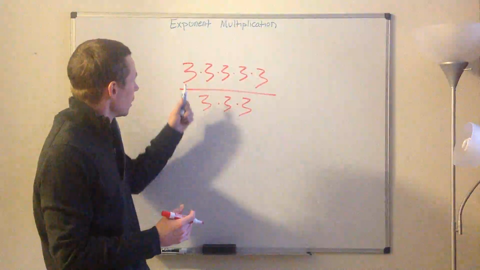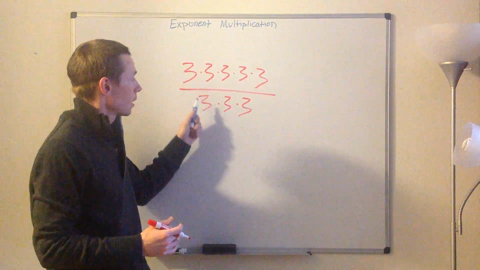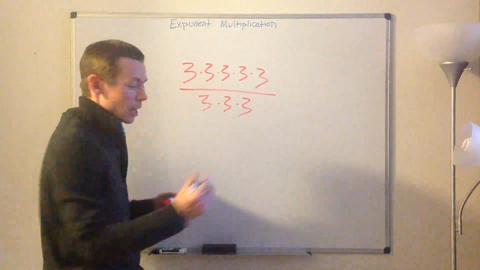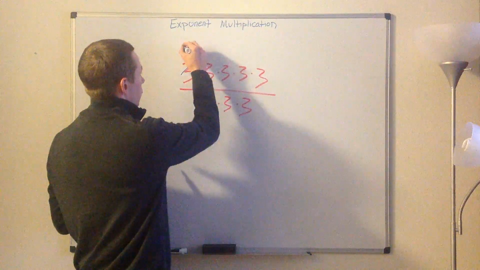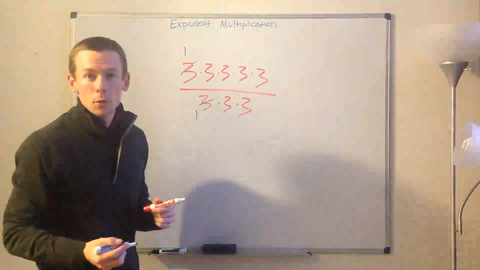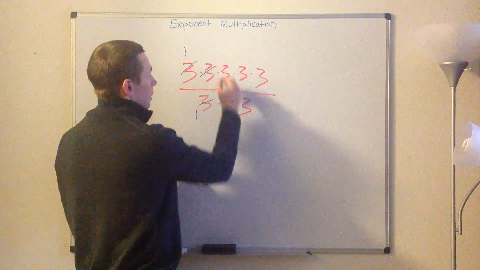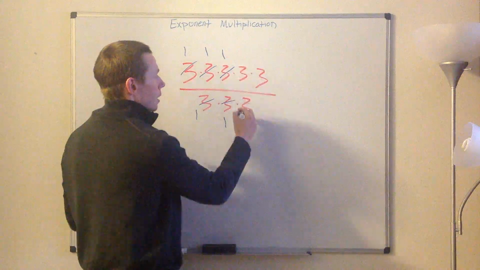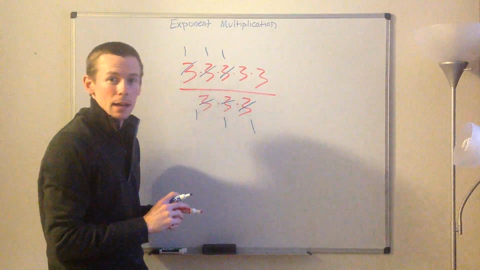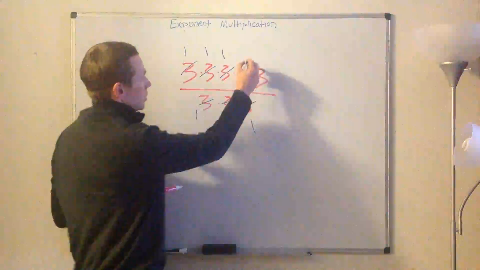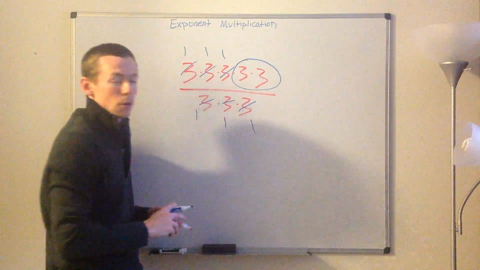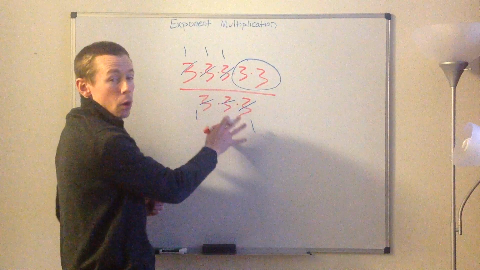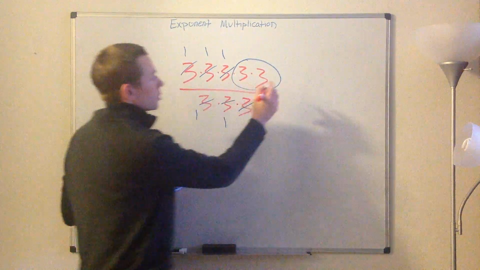So what we can do is if we have a 3 in the numerator and another 3 in the denominator, we can in effect reduce that to 1 over 1. And if we find another 3 and another 3, we can reduce that. Another 3 and another 3, and we can reduce that. So all we're left with is this over here. So these, in effect, become 1, and what we're left with is 3